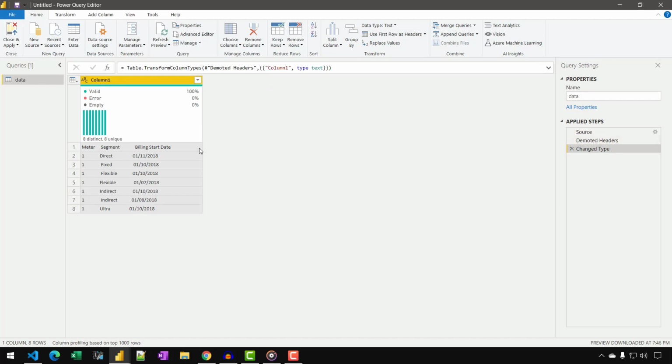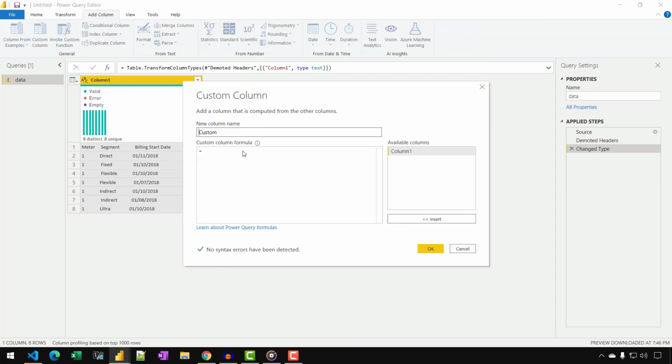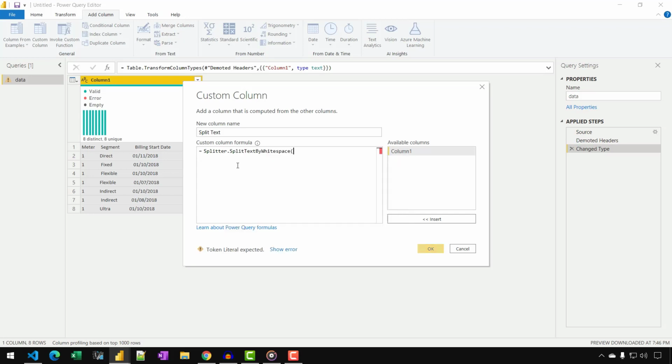Now we can start writing our custom column, and we are going to do this in a single step this time. Let's go to the Add Column option and select Custom Column, and I can just name it Split Text, why not. I need to write Splitter.SplitTextByWhitespace, close the parentheses, open a new pair of parentheses, and paste in Column1.